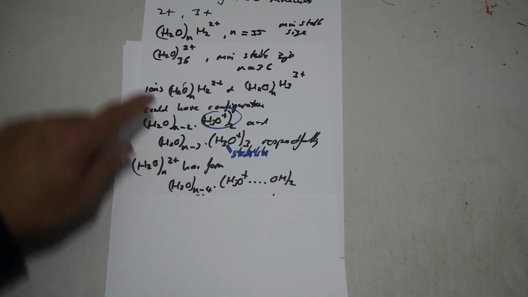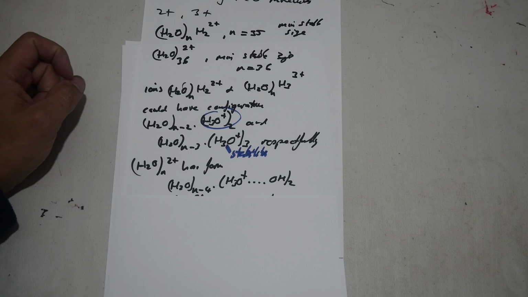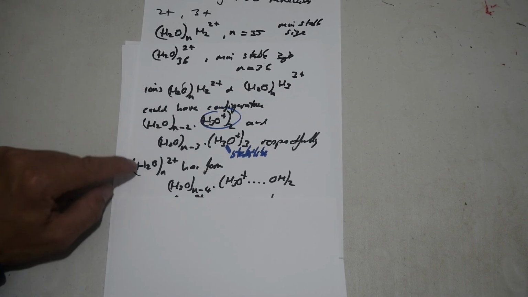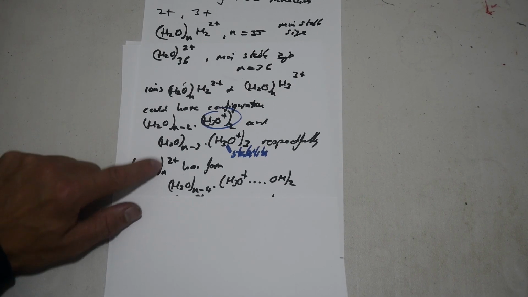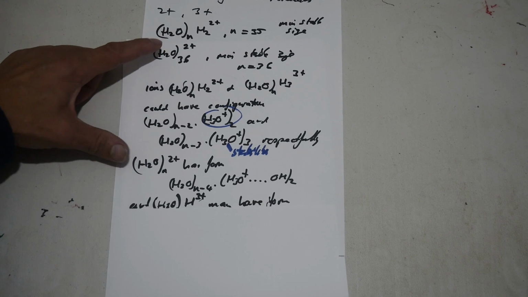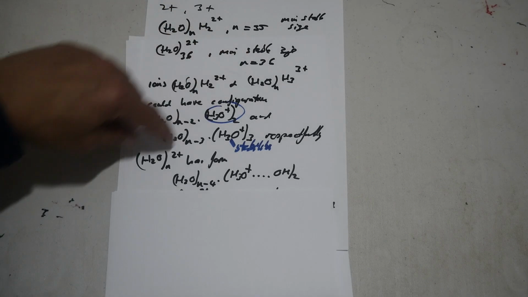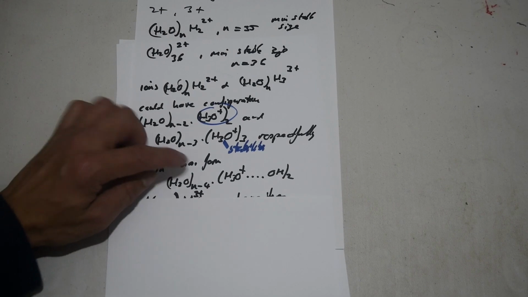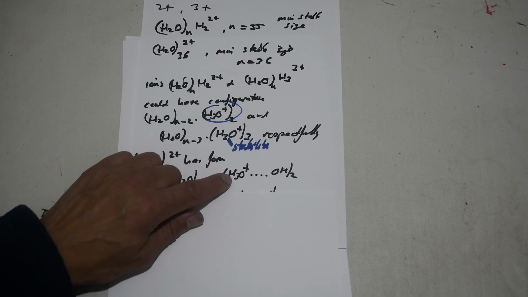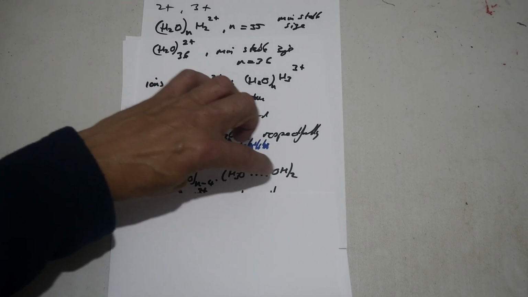So I think the H2O is referring to 35. In this case, there's no proton, so it'd be referring to 36. So 36 minus 4 is 32. And then you've got H3O oxonium and hydroxide, which is kind of like a proton transfer